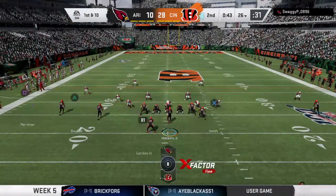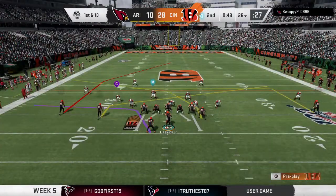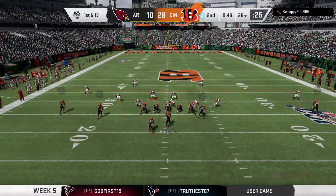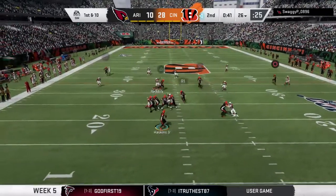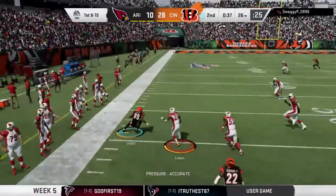The Bengals drive about to get going. You've got under a minute to go here until halftime. You've got a good-sized lead, no need to do anything crazy. No, there really is no need to do anything crazy. The smart play, go ahead and take your lead into the locker room and then try and add to it